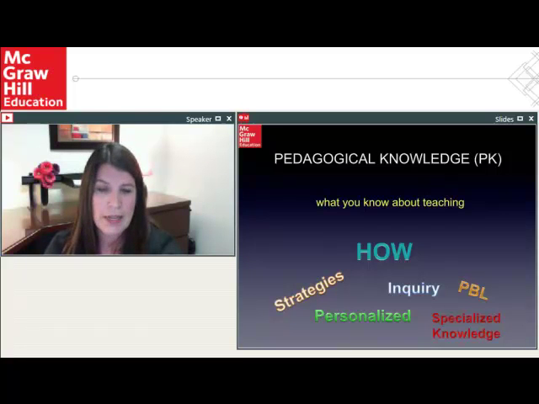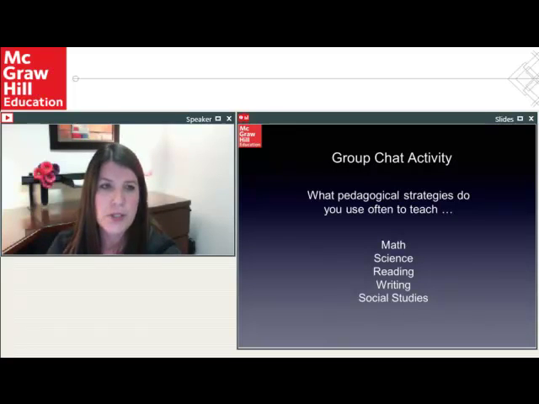These are examples that Robert Marzano has in his book, Classroom Instruction That Works, Research-Based Strategies for Increasing Achievement. These are the things that, as a teacher, you need to know what works in the classroom, what works with your content area, in order to be an effective teacher. What's interesting about the pedagogy is there are so many different strategies that you have based on your subject area. And I also realize that several of you are supporting several subject areas as well.